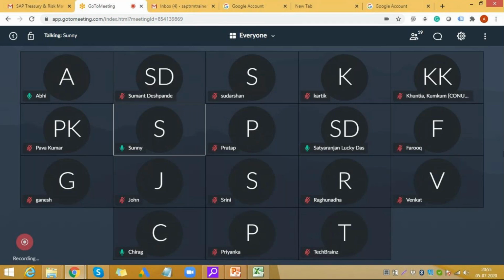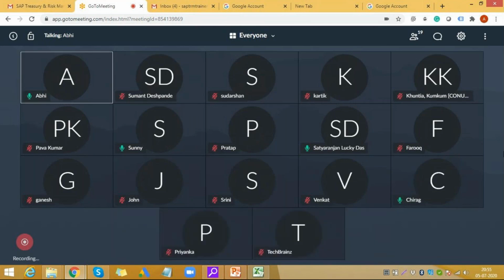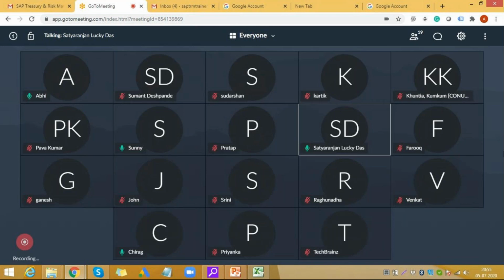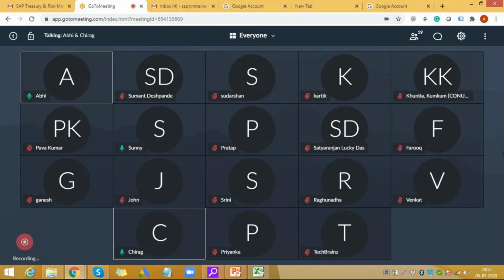Correspondence will trigger in all, for example, okay, let's take an example. Now, there is a deal created in the system. Now, that deal needs a confirmation. Basically, you do a trade with some counterparty, right? You create a trade with a counterparty. Now that counterparty side also, that trade is created.